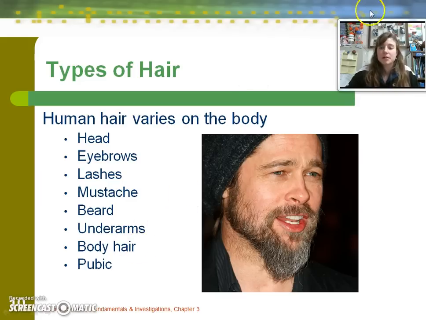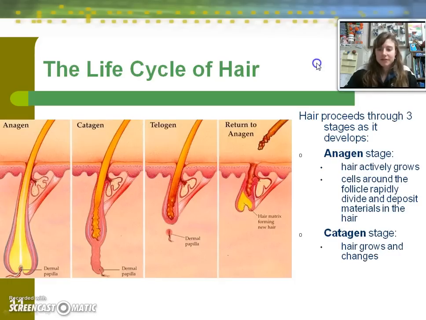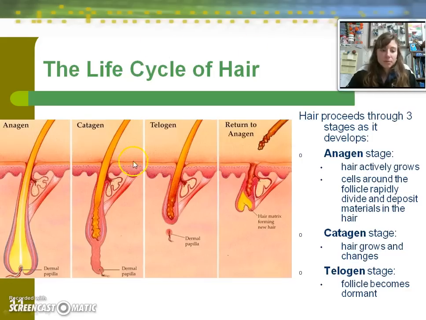And head hair would be the most common used in criminal investigation. Now, this is kind of interesting. You may never have thought of your hair as having a life cycle, but it does. And the anagen stage is the active growth stage. In this portion, nutrients are being brought in, and there is active growth happening as cells around the follicle, this base portion, are dividing and depositing materials into